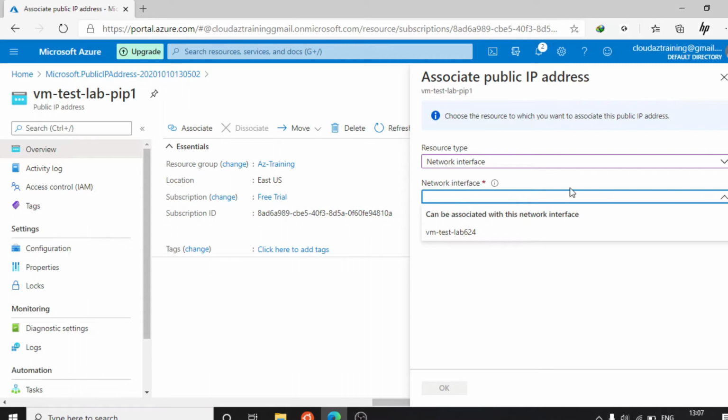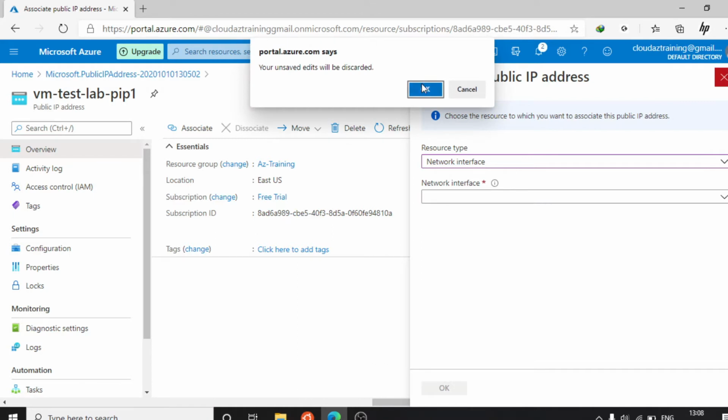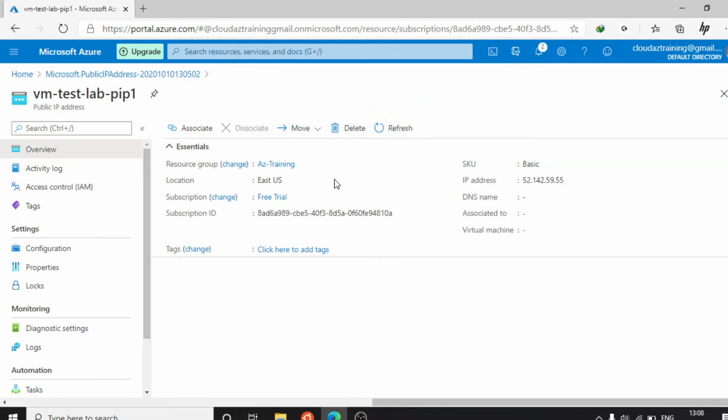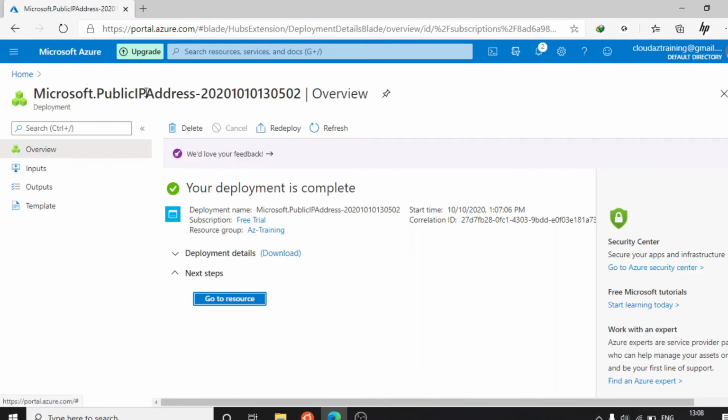But we are going to attach in a different way, so I am discarding here. For this, you should have a network interface card, and on that network interface card you can assign this IP. But we are going to attach that IP directly to the VM.